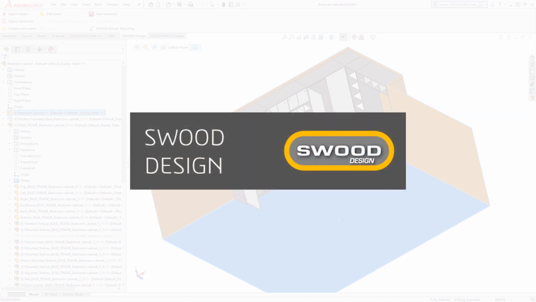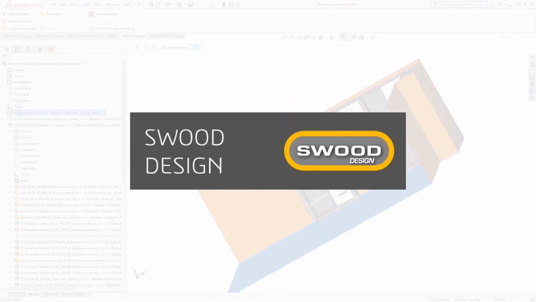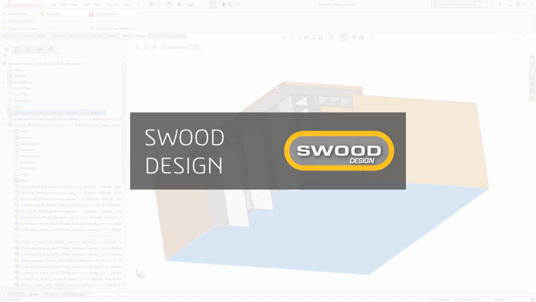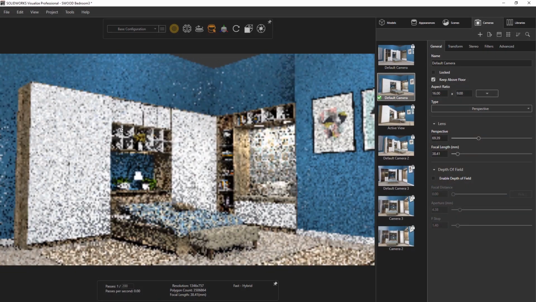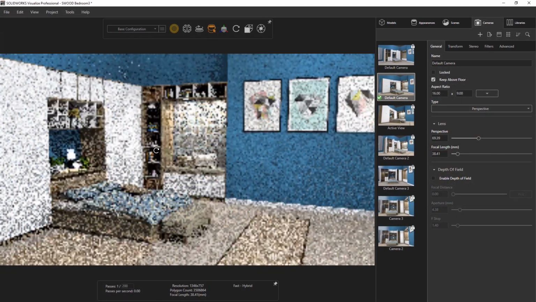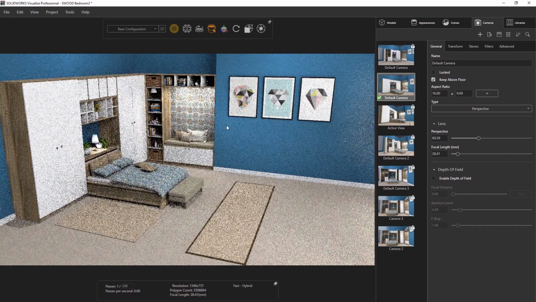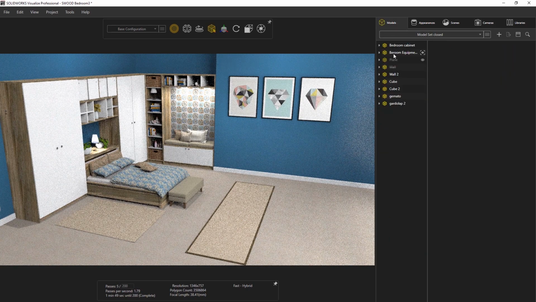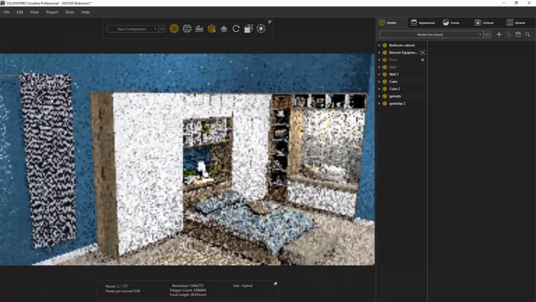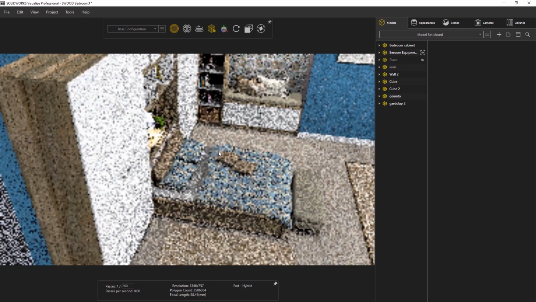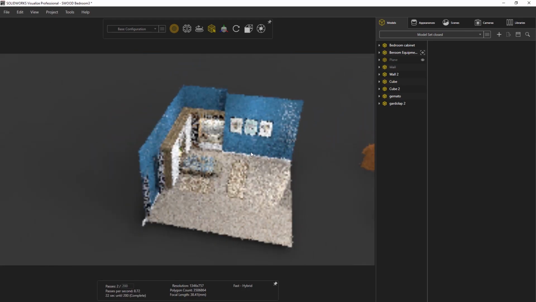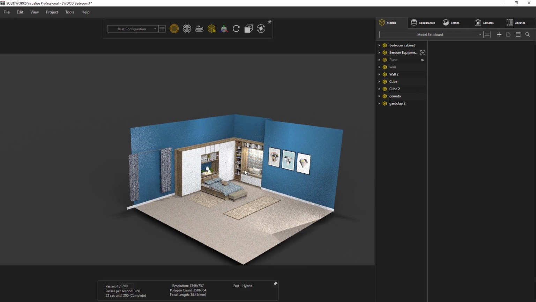If you are unaware, SWOOD is a furniture partner product of SOLIDWORKS, where one of the segments is SWOOD Design, which allows you to quickly and easily make wooden designs. If you want to know more about this, please check out the SWOOD Furniture playlist on our website. Most of the things I go over here will be useful even if you don't have SWOOD. However, the add-in does make it very quick and easy to bring products into Visualize due to the material management that comes with it. Without further ado, first of all let's jump into SOLIDWORKS.